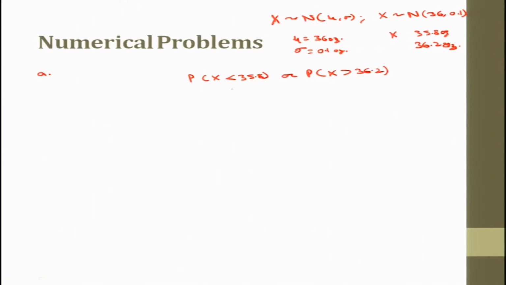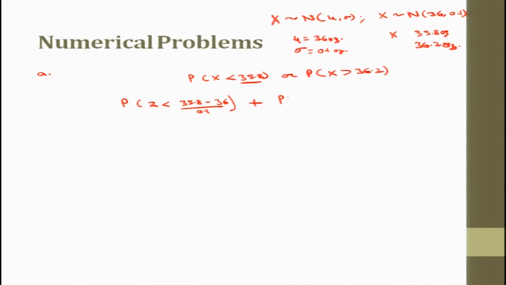Now, for this I need to calculate the value of z. The value of z for x equal to 35.8 is 35.8 minus mu, that is 36, divided by sigma 0.1, okay, plus